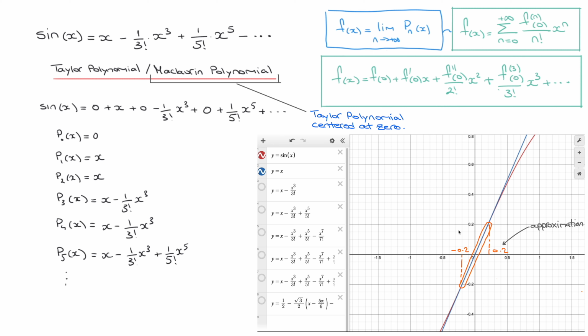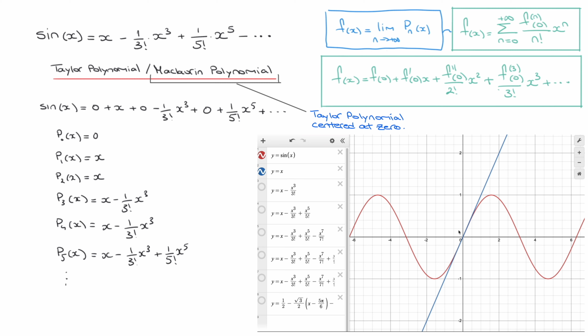And what that tells us is that for small enough values of x, sine of x can comfortably be approximated by x, which if you study physics or engineering, you may well have already heard. That being said, I'll zoom back out and I'll carry on. And I'll quickly hide that first degree Taylor polynomial. Okay, skipping p sub 2 of x since it's equal to p sub 1 of x, if I now look